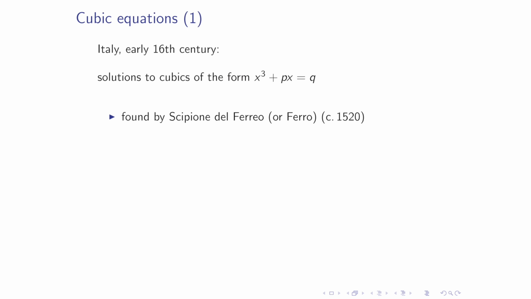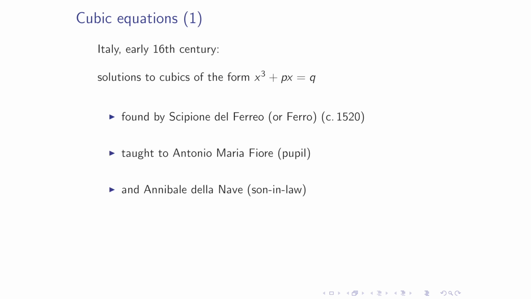So, for example, a general solution is found by a man called Scipione del Ferro in Bologna in about 1520. And he doesn't publish this because he's in an academic world where there is competitive problem solving for people to advance their careers in Italian universities. So he's got a nice new tool for competing in these competitions. So he doesn't publish. He does, however, teach it to a couple of people, so a pupil and